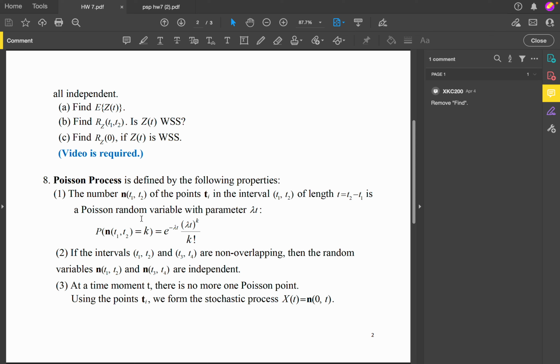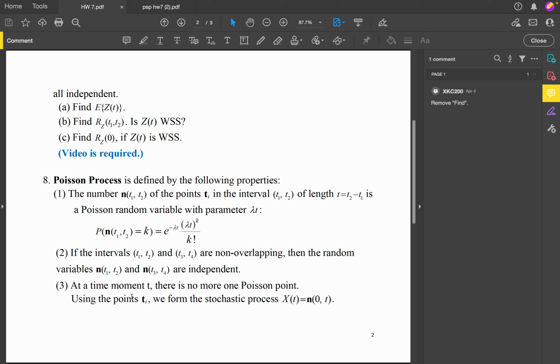In this video, I'll be explaining question 8 of homework 7. We are given that a Poisson process is defined by the following properties. P of n(t1, t2) equals k is equal to e raised to the power minus lambda t, times lambda t to the power k, upon k factorial. And if the intervals (t1, t2) and (t3, t4) are non-overlapping, then n(t1, t2) and n(t3, t4) are independent,